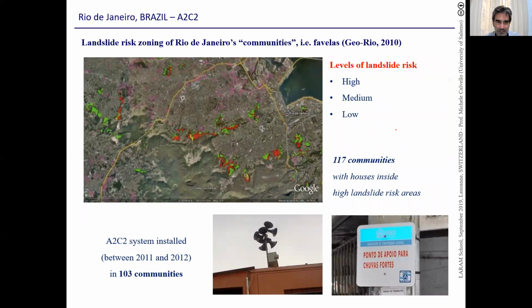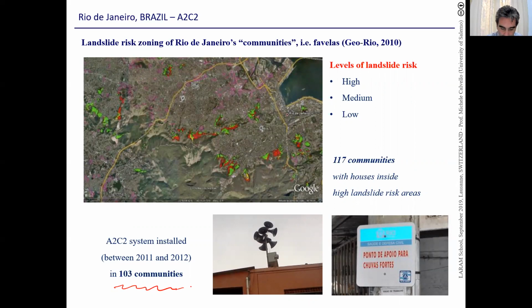Let's move on to the other system. It's a different purpose, and therefore it's also set up very differently. We are addressing many favelas, many informal communities at the same time. They started from an analysis and a risk mapping of 107 communities, ending up with 103 communities as the ones needing an alert system because of some areas at risk.